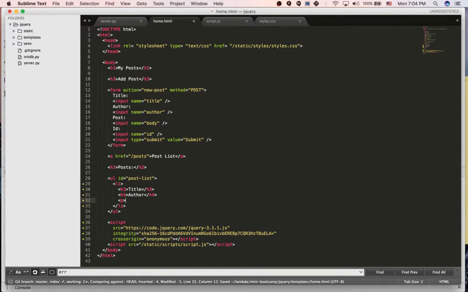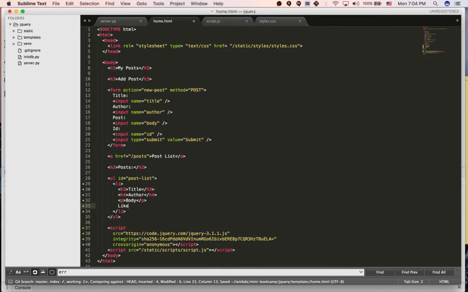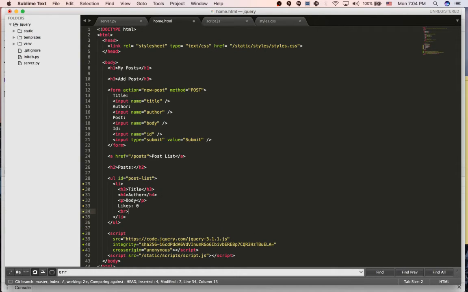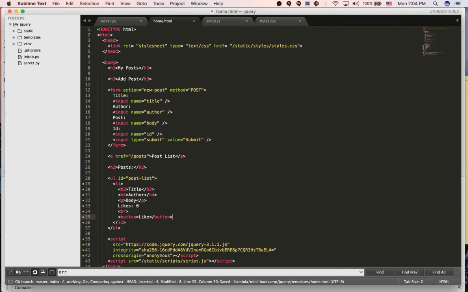Let me just write this out. Okay, so we have LIs, and then we're going to use jQuery to copy